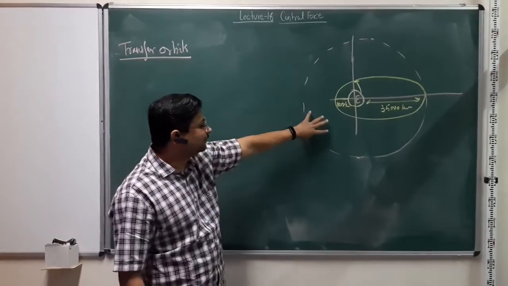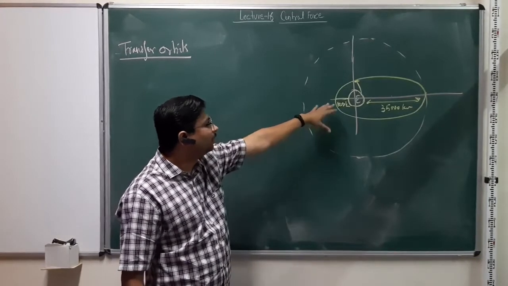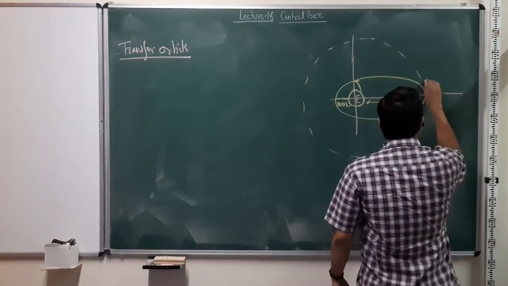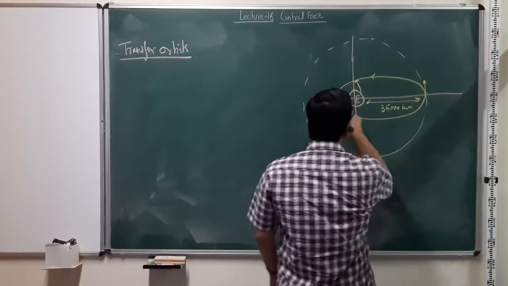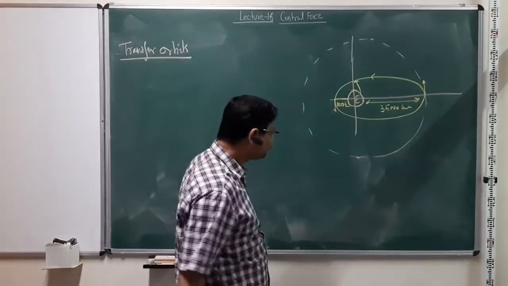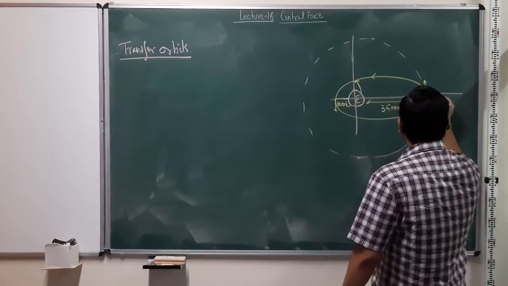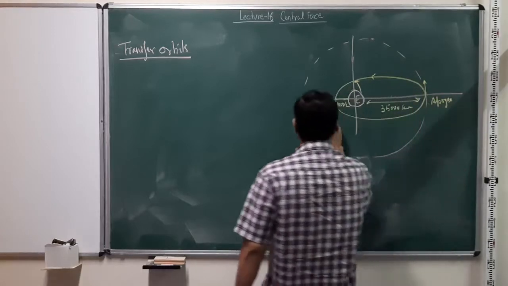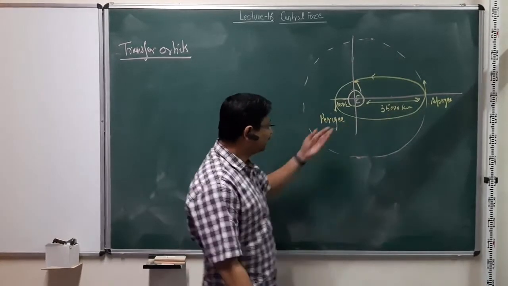Again, this is also given as an assignment or the tutorial to figure out at what location this energy should be increased. But if you simply look at this diagram, right, what we'll see is at these 2 points, the satellite is going in this direction. At these 2 points, its velocity is all tangential, right? It's going tangentially in the plane. This point is called apogee, and this point is called perigee of the orbit. So the farthest point and the closest point.